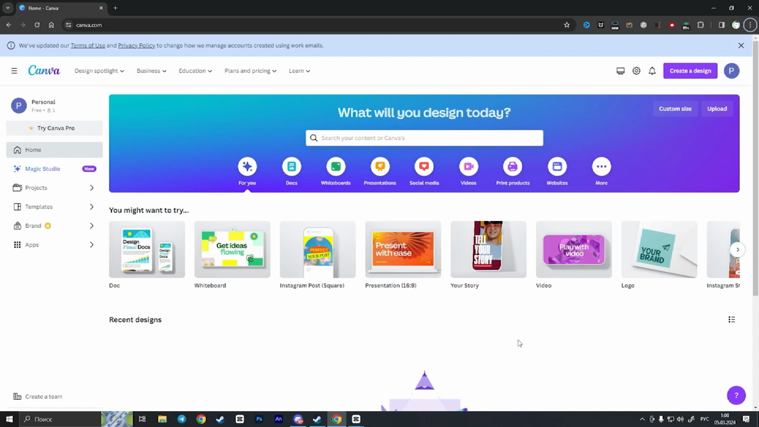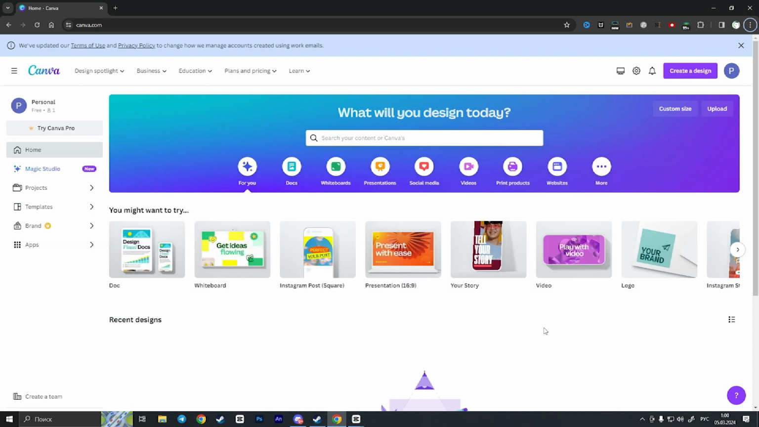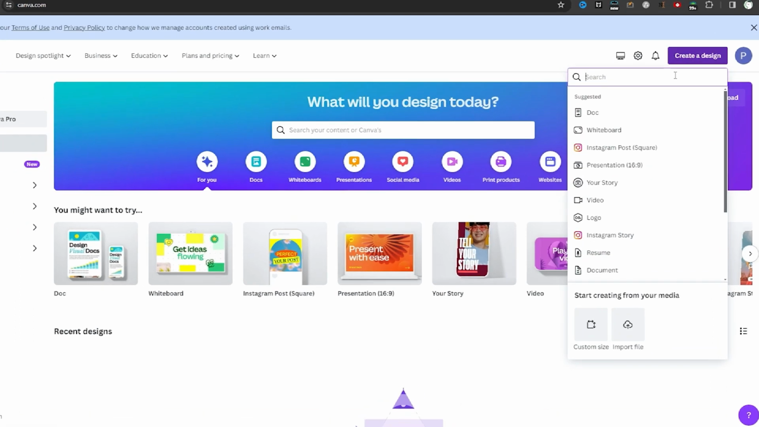Hello everyone, in this video I'm going to show you how to create a poster in Canva in 2024. So basically when you reach this site, this interface will open when you're successfully registered. So here we need to click on the purple button, create a design, here in the top right corner, and then